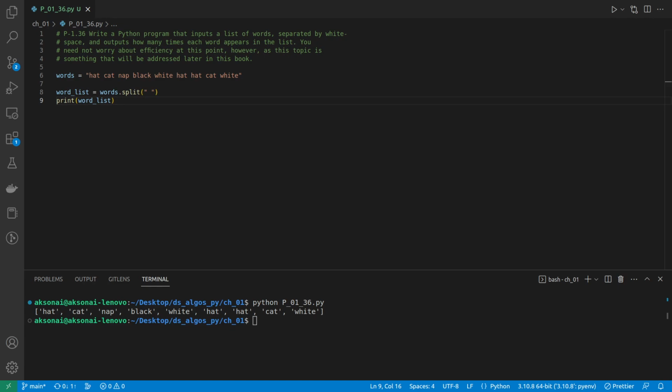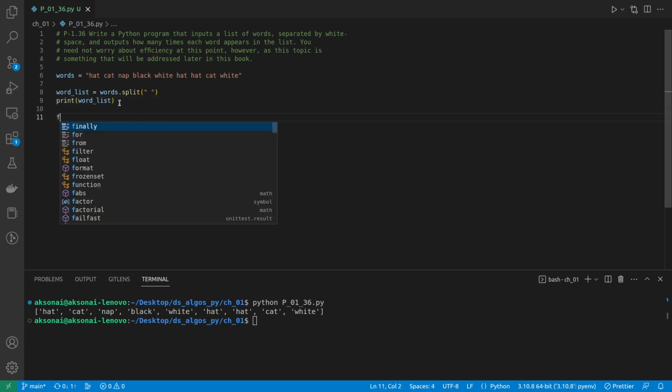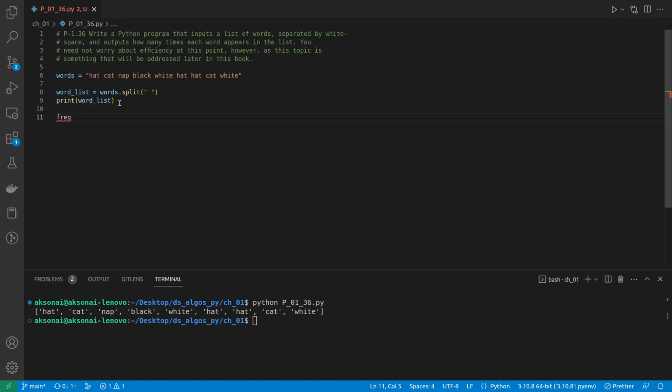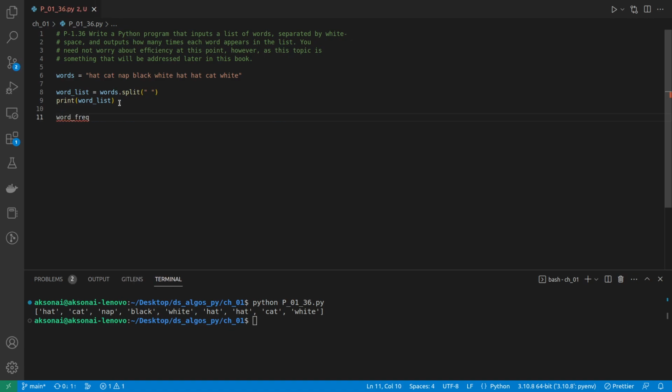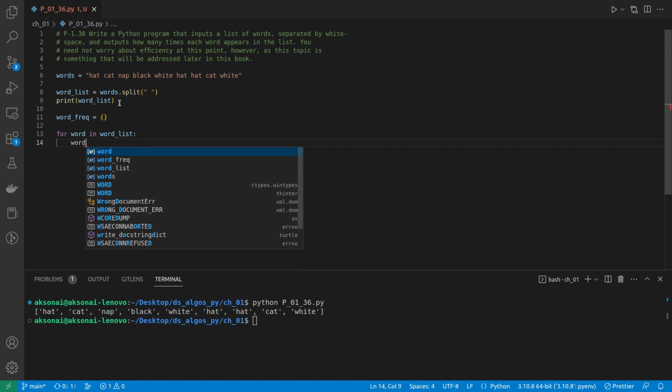Now, what we need to do is basically make a frequency dictionary to see how many times a word appears on the list. And in Python, this is relatively easy. We can just first make a dictionary. Let's call it word frequency. And it's just going to be an empty dictionary. I'm going to iterate through the words. So for word in word list,